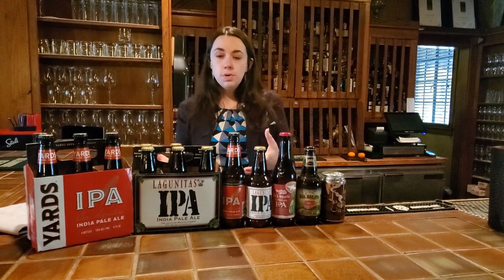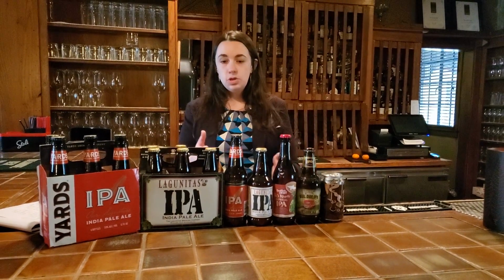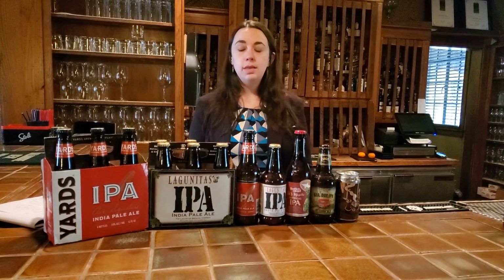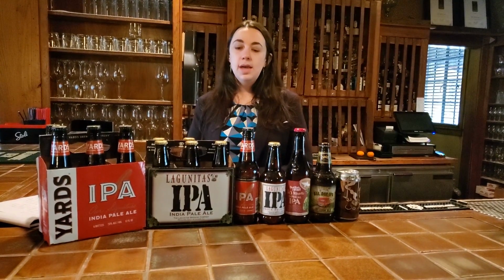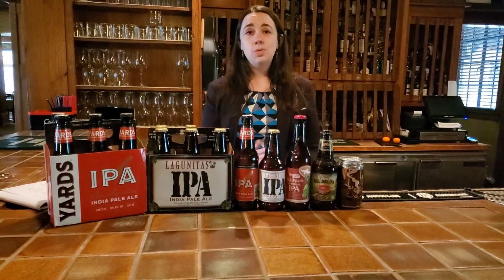The brewers in Britain added these extra things, and the voyage that the ships took actually allowed the beer enough time to mature and be ready to drink. So that brought the costs down. The beer was widely available in India, and a new style was born because that continued contact with the hops